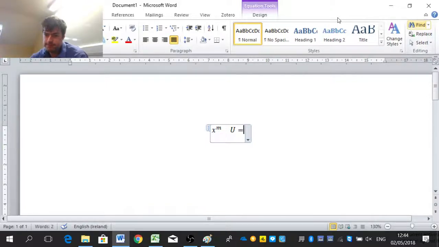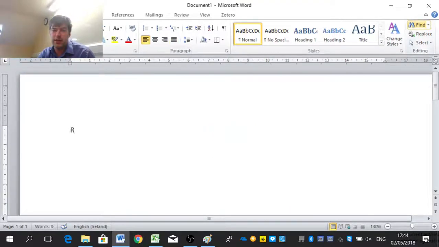Yeah, here we go. So by using that formula, if R equals 1 over m, then the uncertainty of R equals R times m times